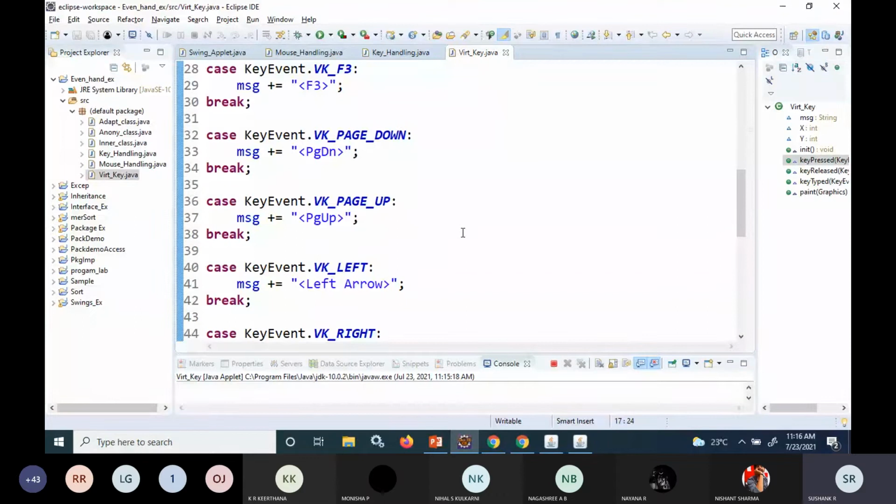By using this get key code function, I'm able to handle the keys which I pressed. And also the normal thing: see, I'm pressing yes also. When I'm pressing a character, that is also getting displayed. So all the events are being handled.